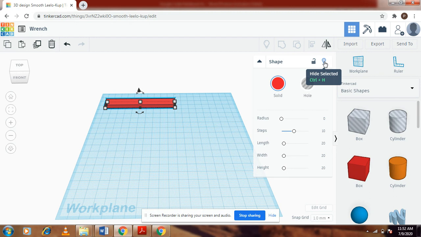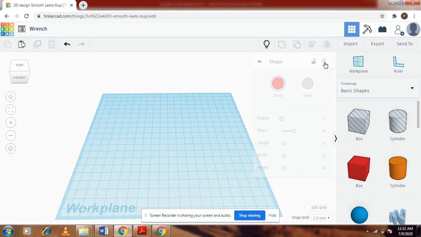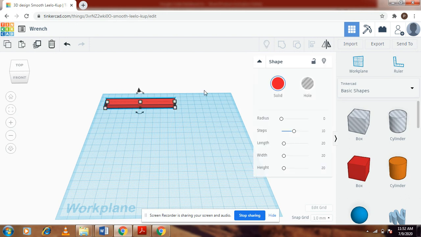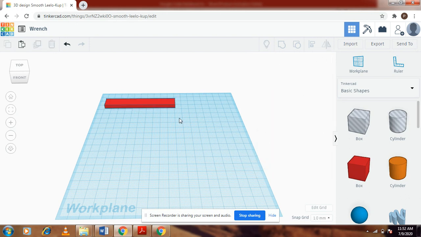If there are two objects you've made, or three or four, you can select them all and then click on hide selected, which will hide the objects from the work plane, so you have ample space to work on whatever project you're working on. And then if you want to recall those objects that you had previously made, you simply need to click on this bulb here that says show all. It will bring back the objects that you hid. So this was about the lock editing and the hide option.